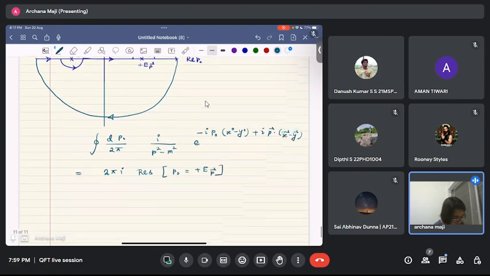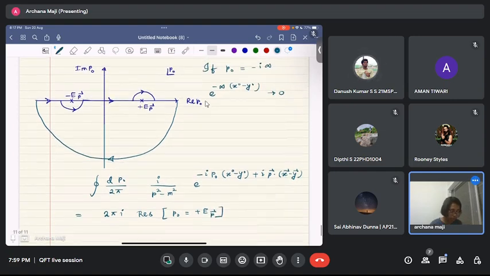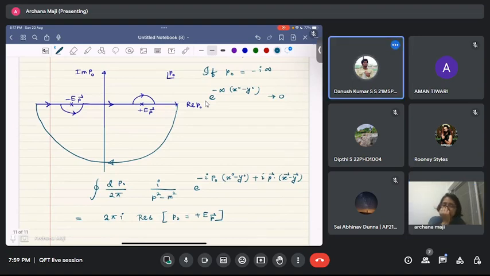And how do we calculate the residue? And one more thing. Why can't we draw the contour in such a way that both the residues come into that contour, such that we are choosing both, minus Ep and plus Ep, where the jump is on the upper side? Yeah. So this contour choice